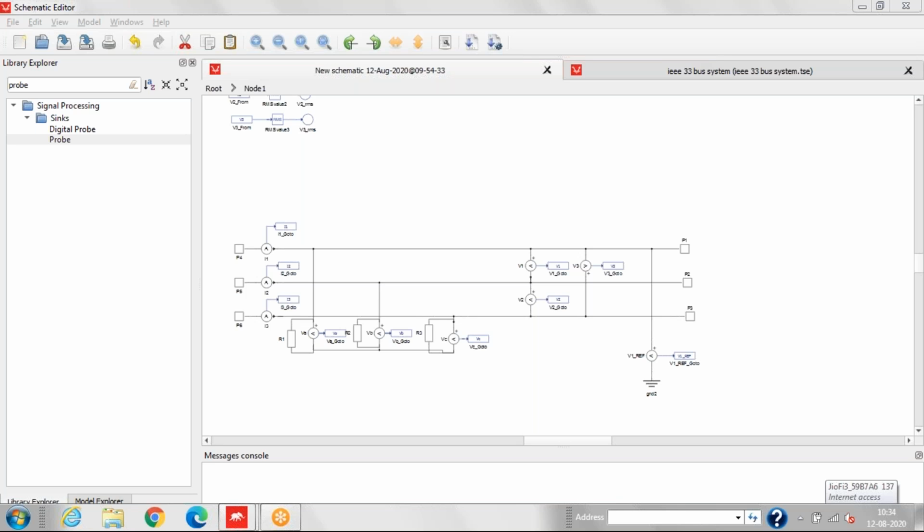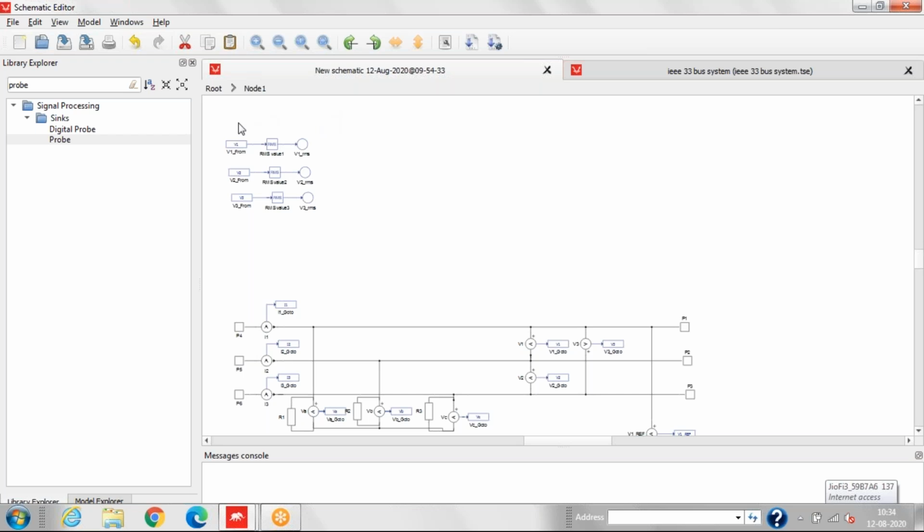Now we'll do it for the current. So we'll just adjust the signal first. Now we'll do that for the current.